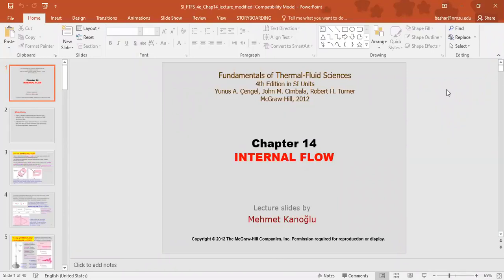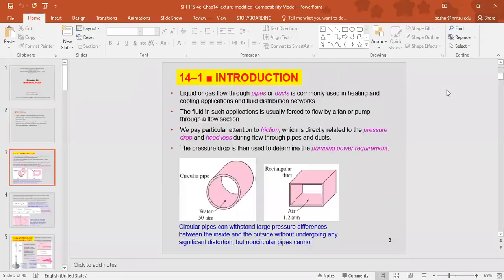اليوم راح نبلش بشابتر 14 internal flow. بهذا الشابتر we will talk about the fluid flow in conduits. So starting with the conduits